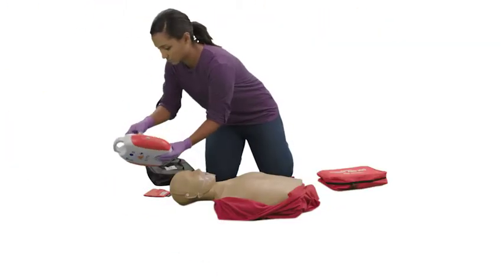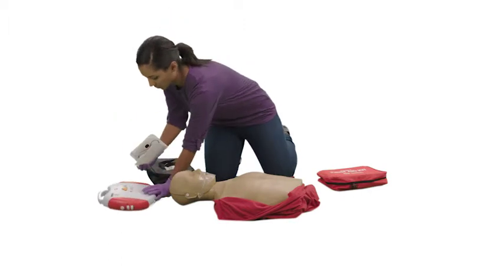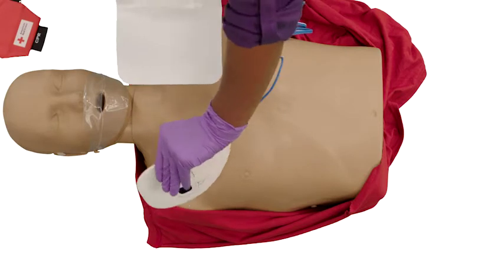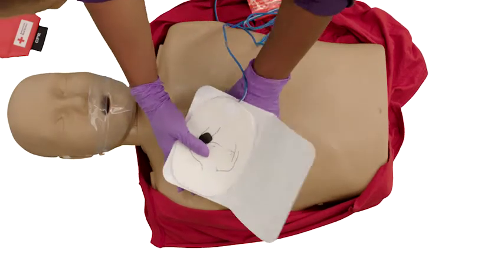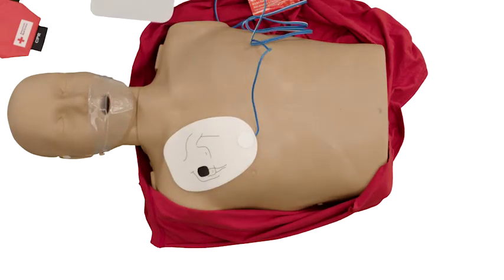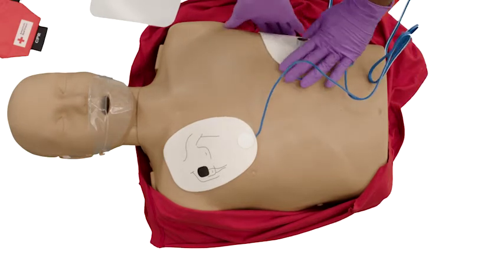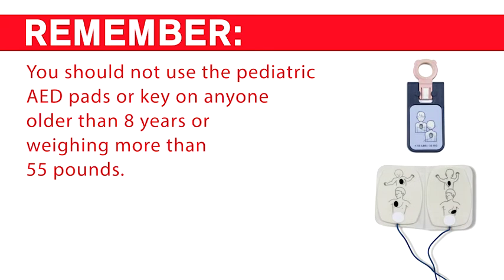Attach pads firmly to the person's chest as shown. Using the appropriate sized pads, place one pad on the upper right side of the chest and the other on the lower left side of the chest below the armpit. Remember, you should not use the pediatric AED pads or key on anyone older than 8 years or weighing more